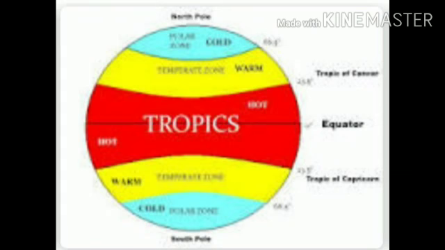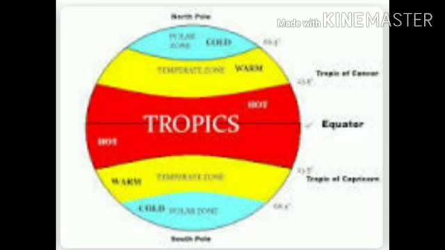Again one more picture. You can see a bright picture on your screens. Yes, the red color is depicting what? The torrid zone. It comes between the two tropics, Tropic of Cancer and Tropic of Capricorn. Now you can see the yellow color. Can you see? Yes, the yellow color is depicting what? The temperate zone, and it comes between the Tropic of Cancer and Arctic Circle, and Tropic of Capricorn and Antarctic Circle. Now you can see the blue color. What is the blue color depicting? Frigid zone.